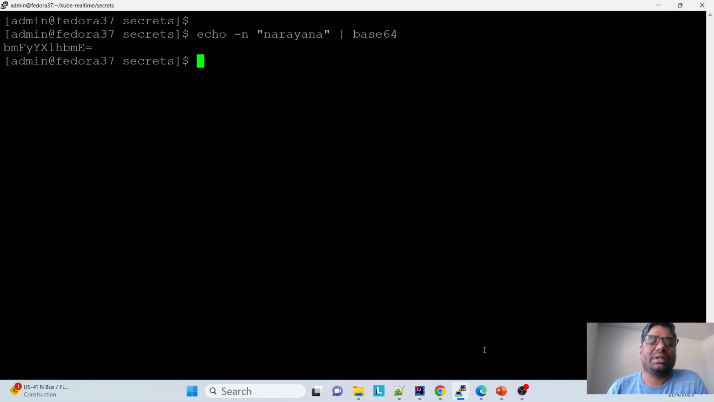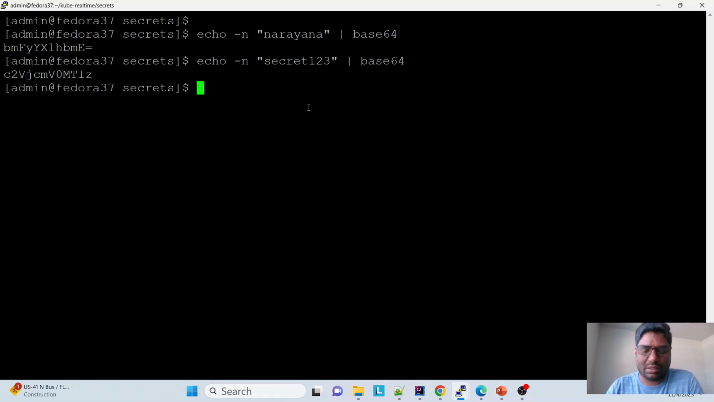This is the encoded text for Narayana. Likewise, I do say secret 123. So this is another encoded text. Now I use the Kubernetes